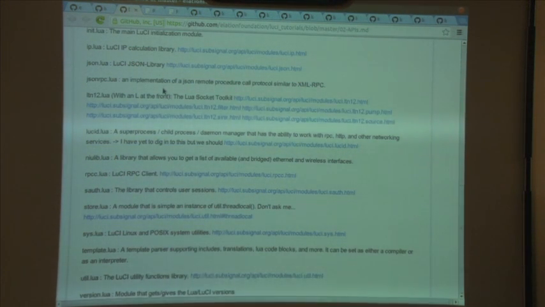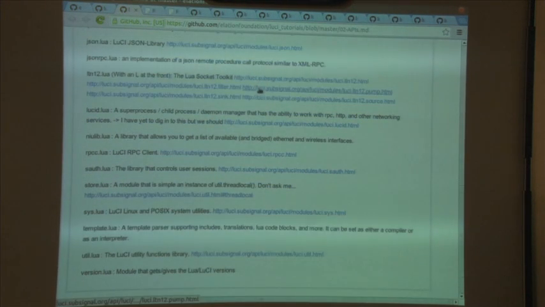JSON-RPC.lua is an RPC, remote procedure call library, that uses JSON. I couldn't find much documentation on it, but it looks like subsignal.org has the original JSON RPC, the non-OpenWRT version, on there. So I haven't yet had a chance to compare the two code bases. They're both written in Lua though, so I assume they're at least very similar, though the developer is different than Jow, so I have to check who. Anyways,